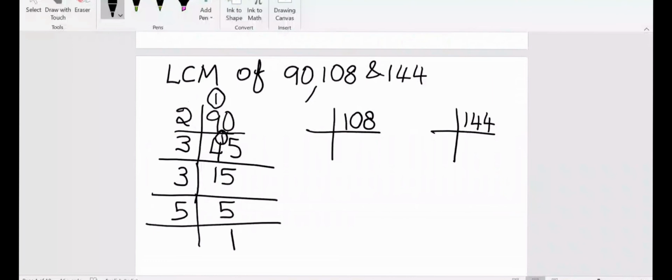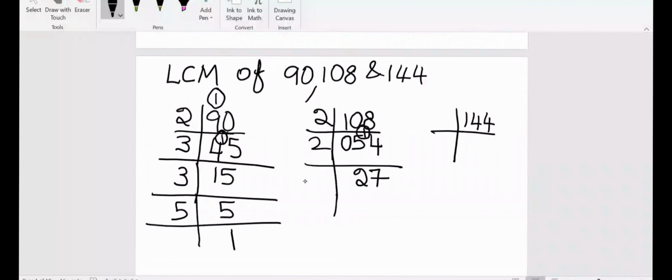Okay, fine. Next, we'll proceed with 108. We'll take 2 as the divisor here because this is an even number. Here in 1 there are no 2s, so making 0 here. Then in 10 how many 2s are there? 5 times. In 8, 4 times. Again I'm taking 2. In 54 first we'll take 5. 2 into 2, 4. 1 balance. 14. 2 into 7, 14.